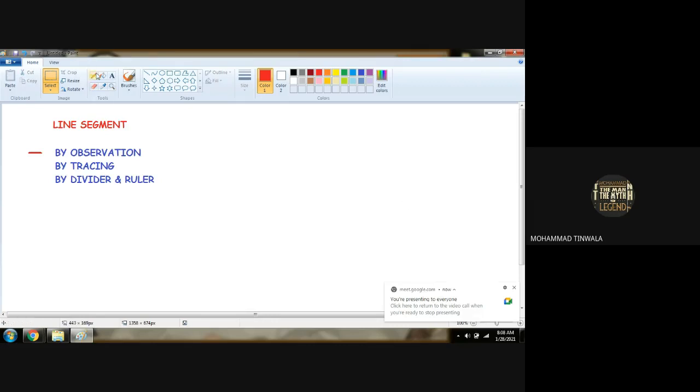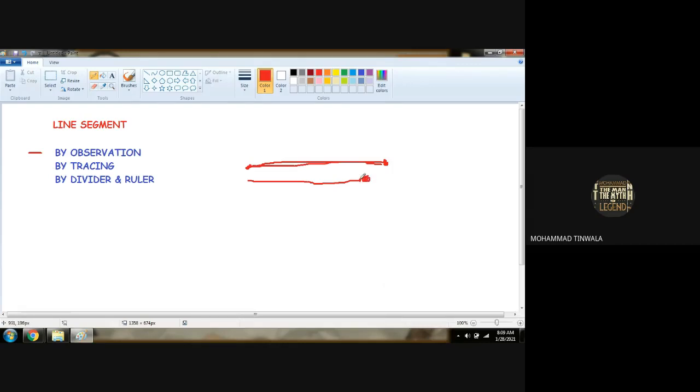Okay. Now, second is by tracing paper. By tracing means what? There is a tracing paper available. If we put the tracing paper, this line gets drawn on it exactly as it is, and we measure it against the other one. If its point comes here, then the second one must be smaller. If its point might be coming out of the line, then second line is greater than the first line. So we can compare that way. Are you getting? So by tracing we can compare.